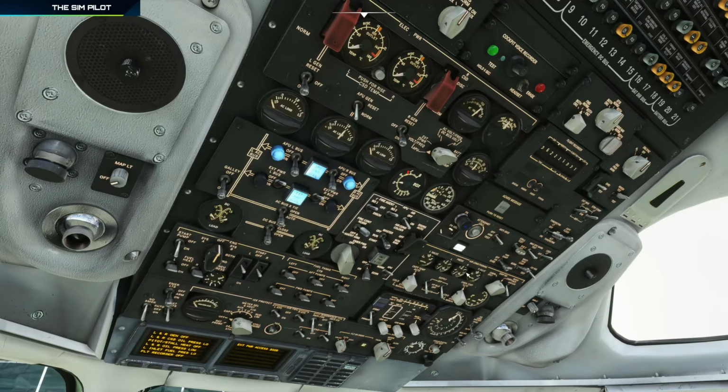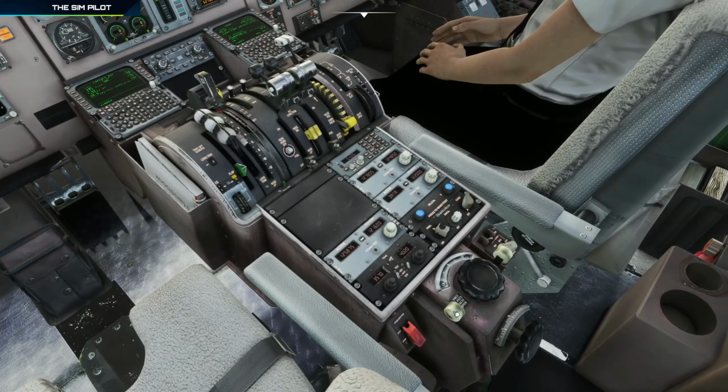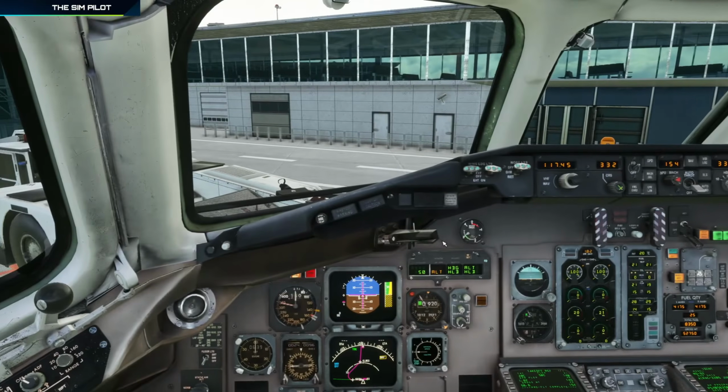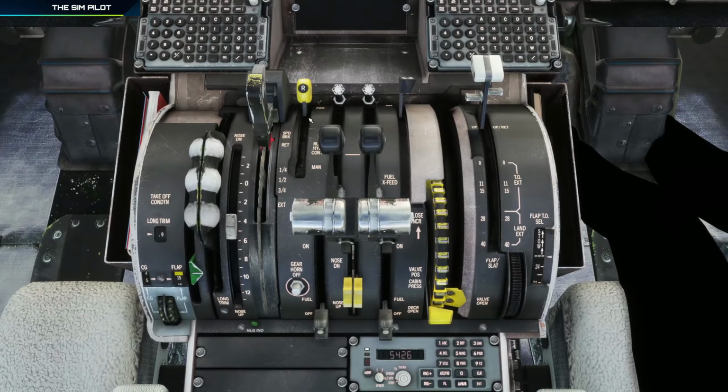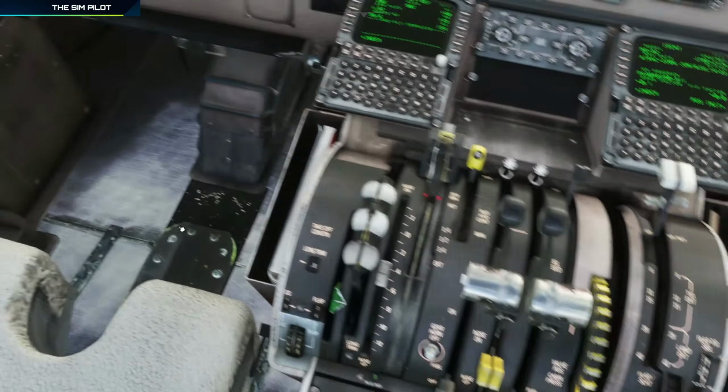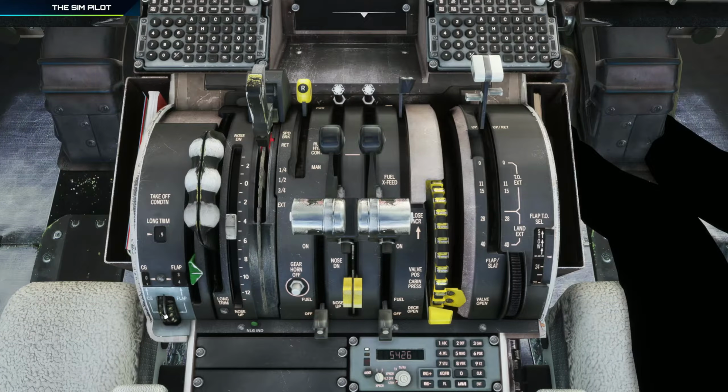If you don't see these needles moving, you are most likely forgetting to turn the pneumatic crossfeed valves to on. So that's that. The flap setting was 3.5, so we will set that here. That's roughly 3.5, and then the takeoff CG was 15.1. That goes to the left side. 15.1 or as close as possible. So that sounds about right, and that gives us our trim setting of